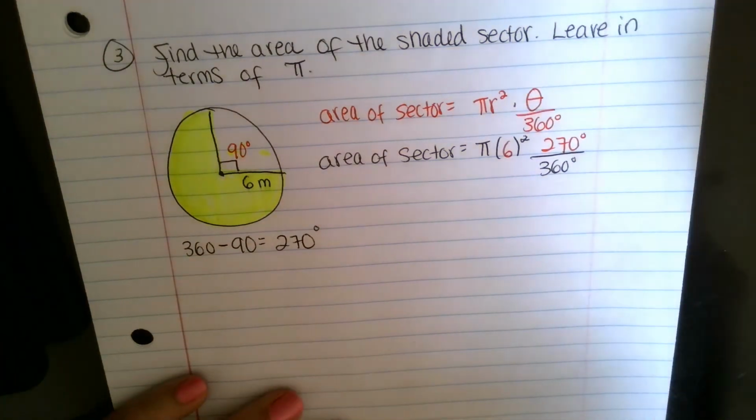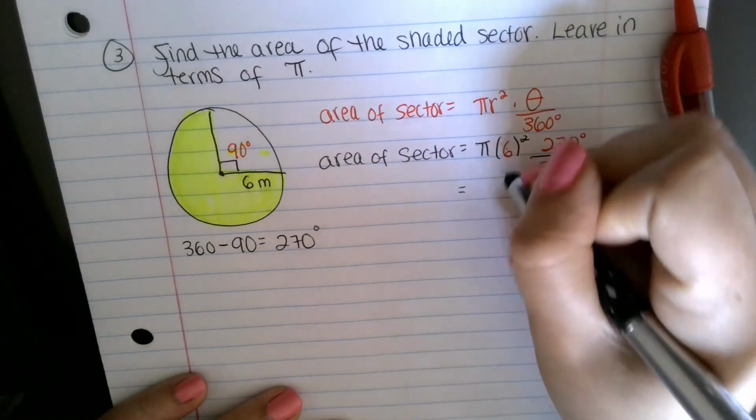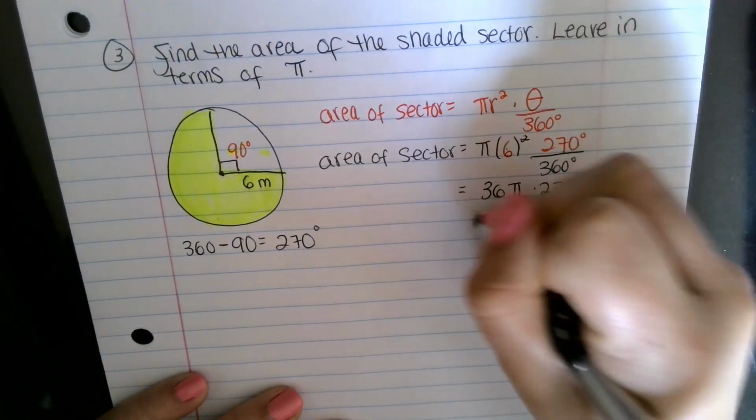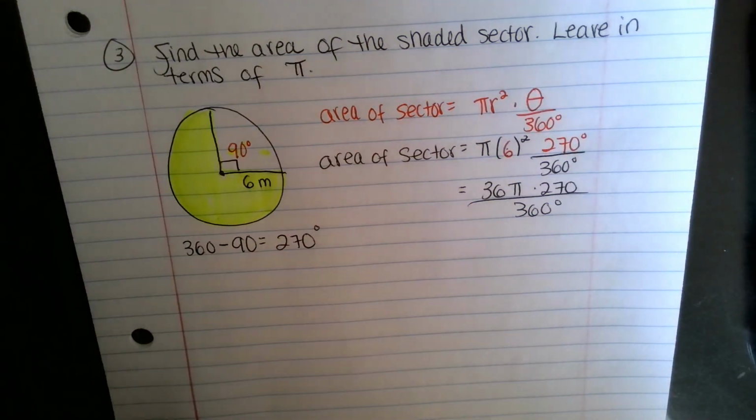And now order of operations, I'm going to go ahead and first do my exponents. I get 36 pi times 270, and at the end just divide it by 360. So just divide it at the end. So when you do that,